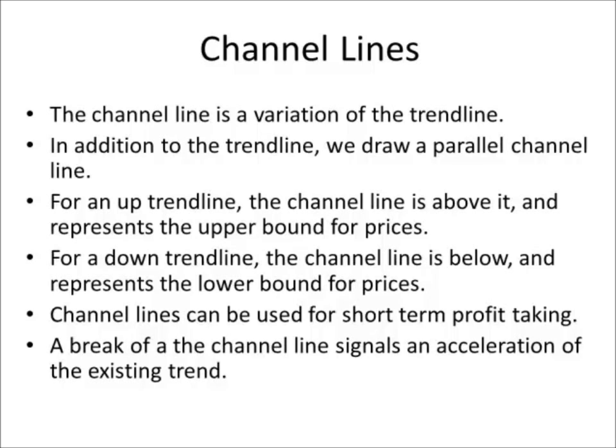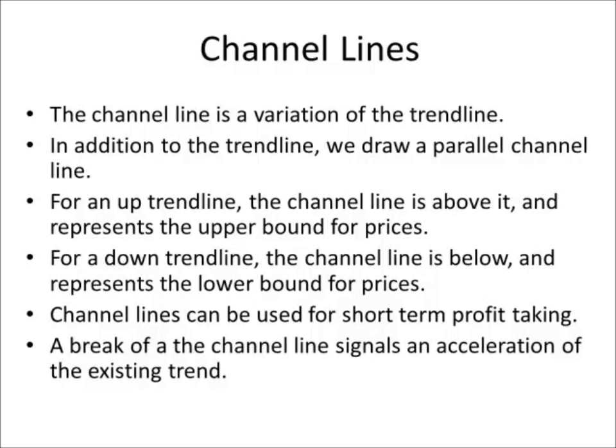price should be. So if we have an uptrend line, remember the uptrend line will be lows getting higher and higher, so the trend line will be below the prices. Then we can draw a channel line above the prices, parallel to the trend line, and that should represent the upper bound for prices. Right? So prices will move within that